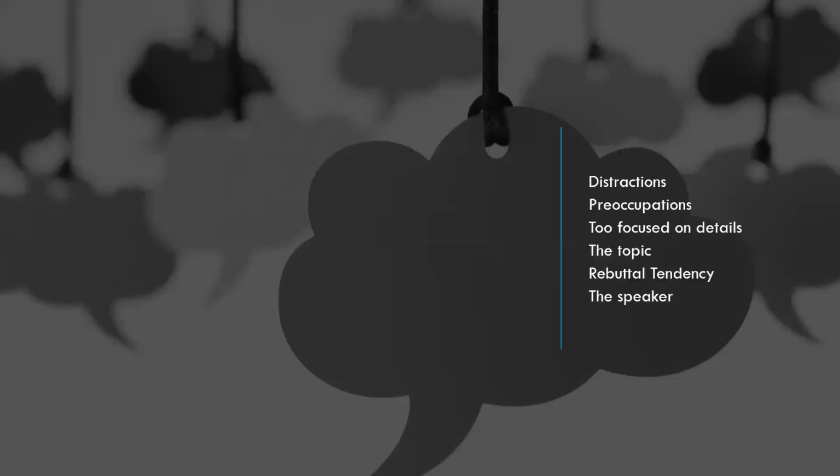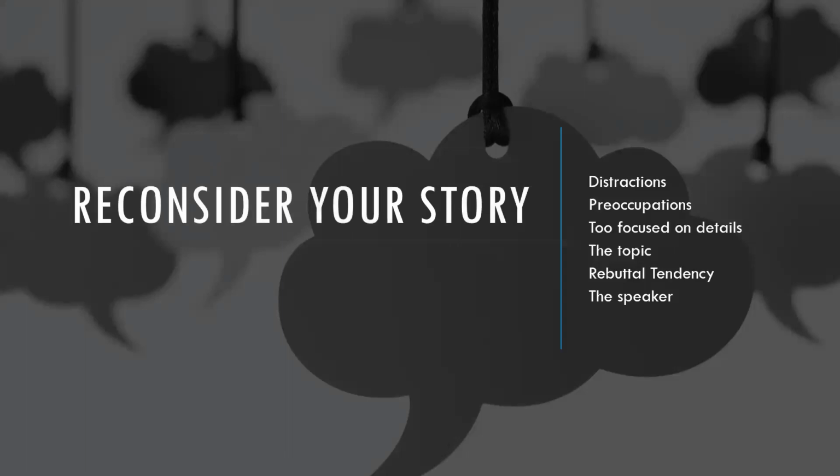So think about your story, this recent occurrence of listening or not listening. Which type of barrier applies to you or to the other person that wasn't listening to you? Was it distraction, focusing on the details, preoccupation? They didn't like the topic, or were you focused on what you wanted to say? Could have been the speaker. Maybe you don't like them. And it's not always common for us to consider how we can listen to someone better, but that's what this module is about. And that's what the scenario is about.